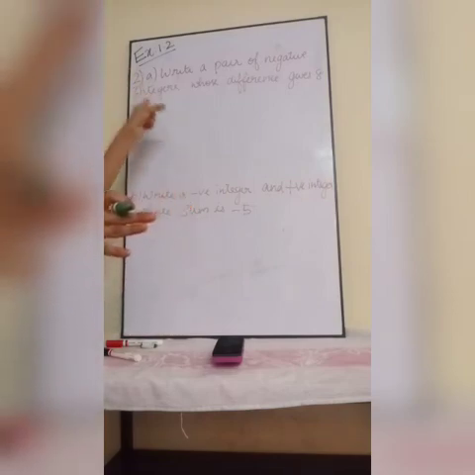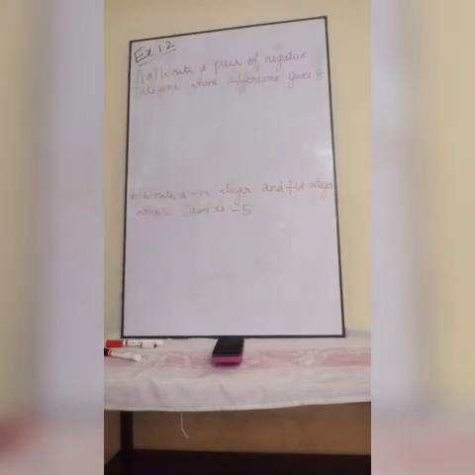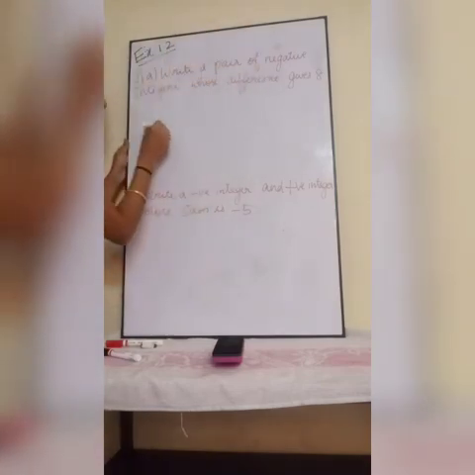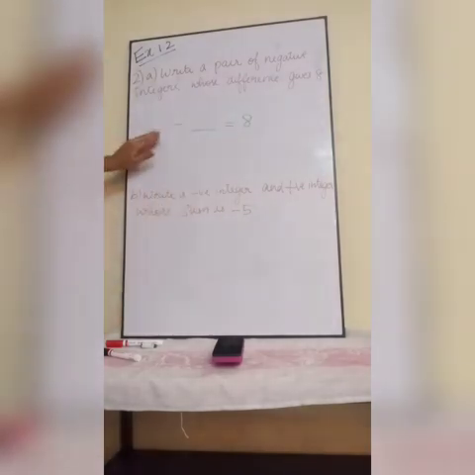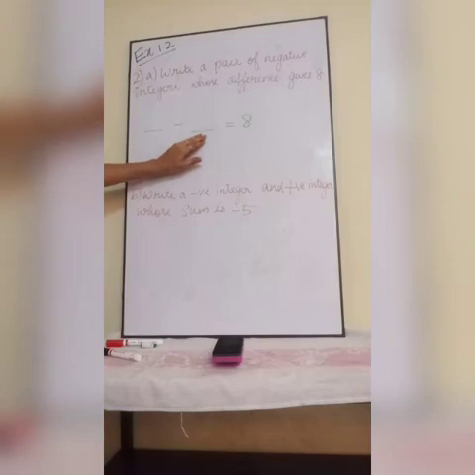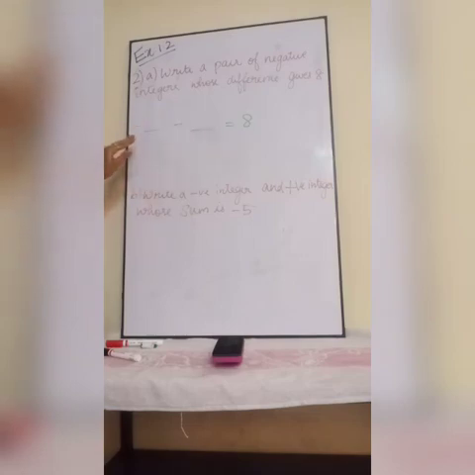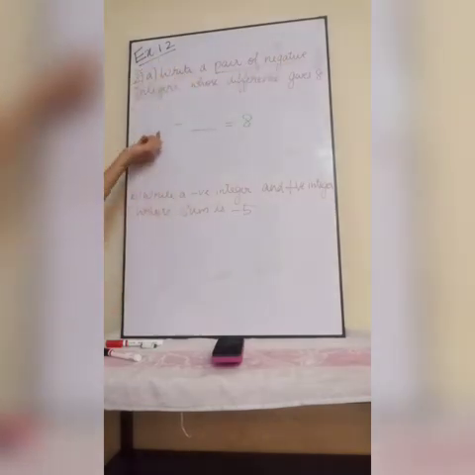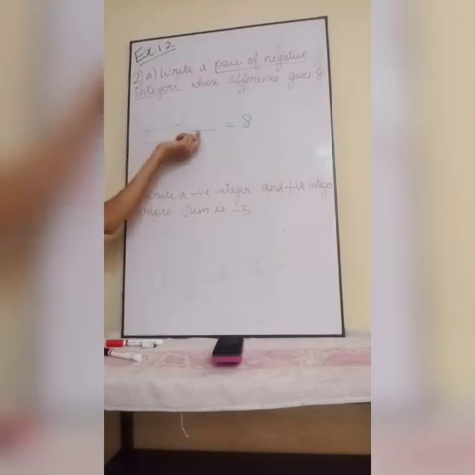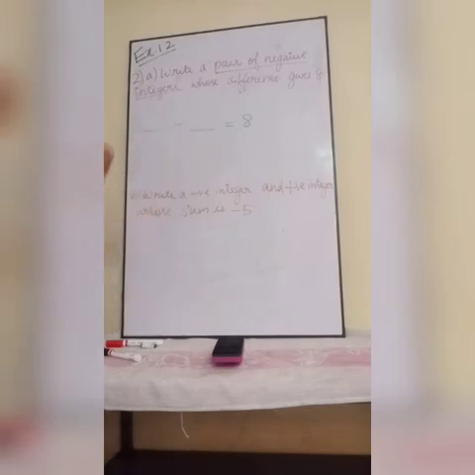If you do the difference of two integers, you should get 8. So I am going to do the difference of two negative integers and I will get 8. So this is also a negative integer, this is also a negative integer. But in the previous problem, it can be both negative also, both positive also. It can be negative and positive also, no problem. But here they are asking to find a pair of negative integers. So this integer also should be negative. This integer also should be negative. Then you have to subtract these two to find the 8.